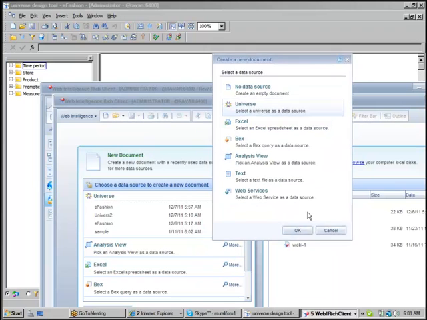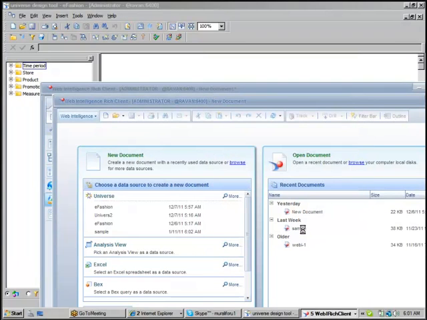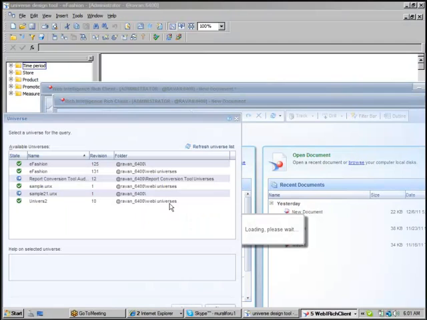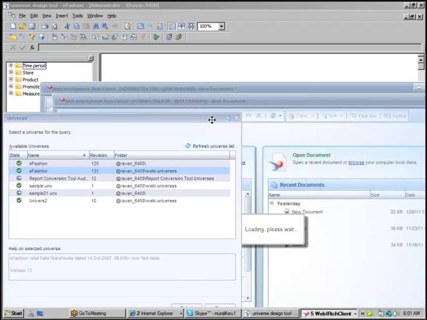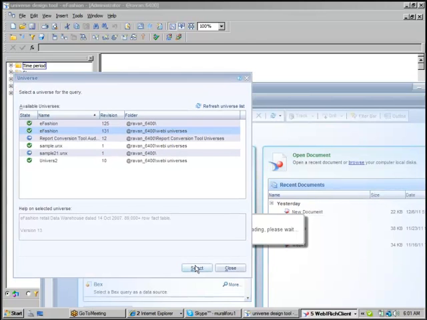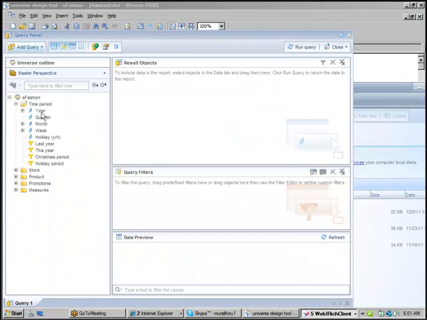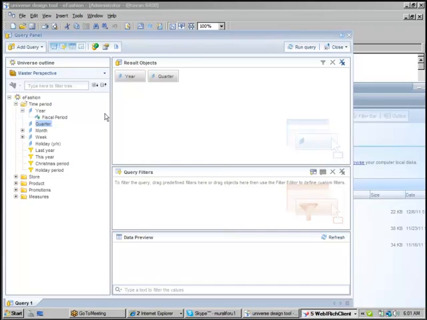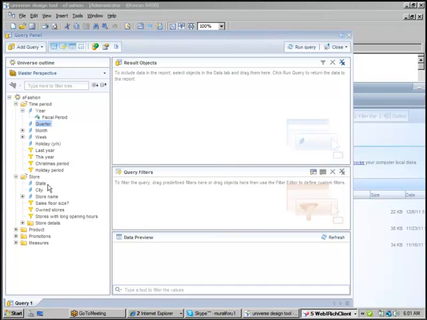Okay, click on OK. You need to select a universe which is there in the Web Universe folder. Yes, this eFashion universe there in the Web Universes folder. I'm just selecting that particular universe. Click on select. I just selected year wise, quarter wise, and otherwise select a state,